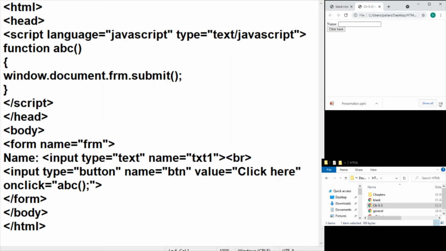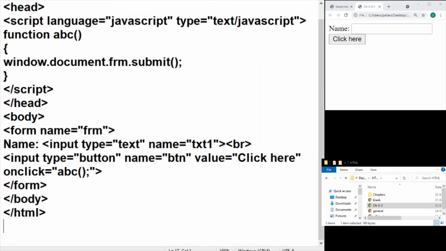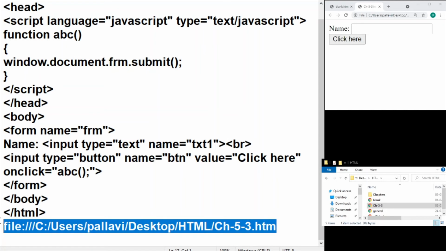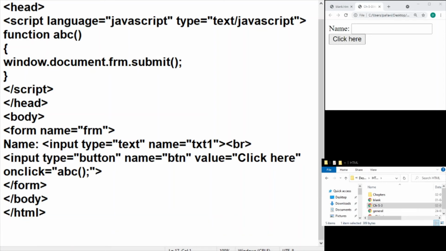So that's my page, and as of now you can see the file address that is shown here, for your understanding. Now, we will see whether the actual form submission takes place or not.